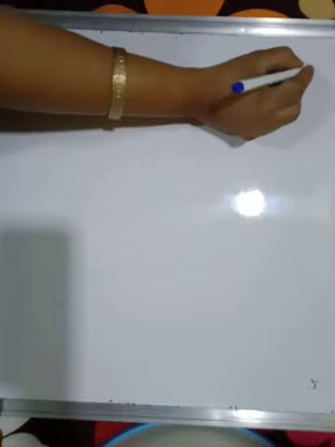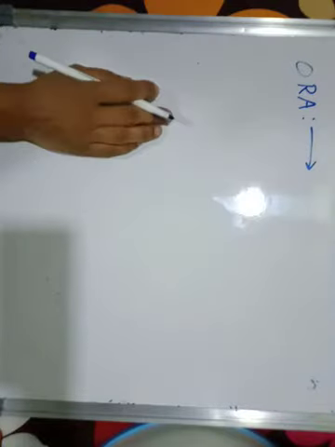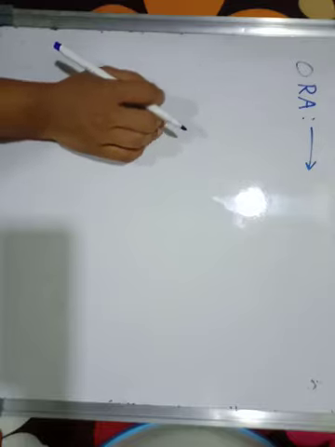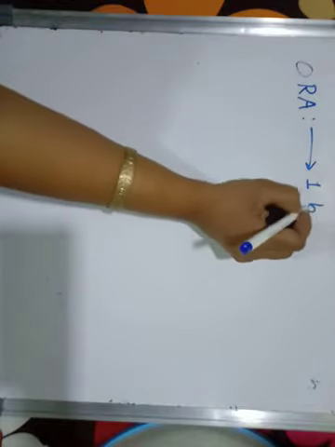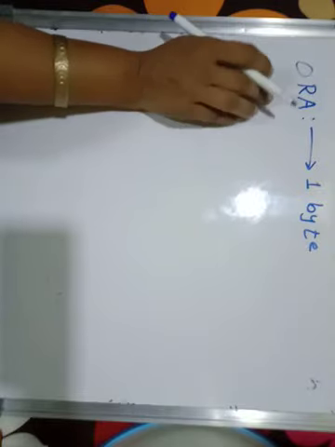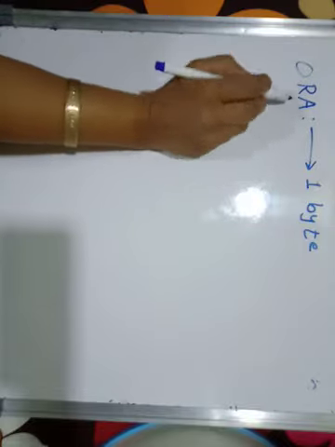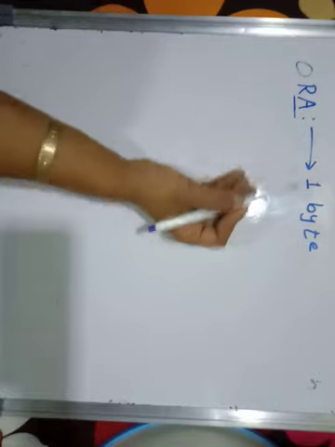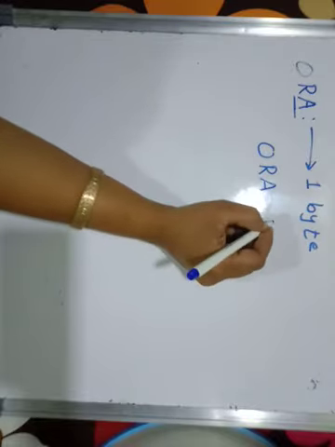So third, it is the ORA. The meaning of ORA is logical OR with the content of accumulator, logically ORing the content of accumulator. So here it is a single byte instruction, 1 byte instruction. 1 byte means opcode and operand are implicit in a single byte. So for example, the contents of accumulator are logically ORed with the contents of a register. For example, you have been given the instruction ORA D.